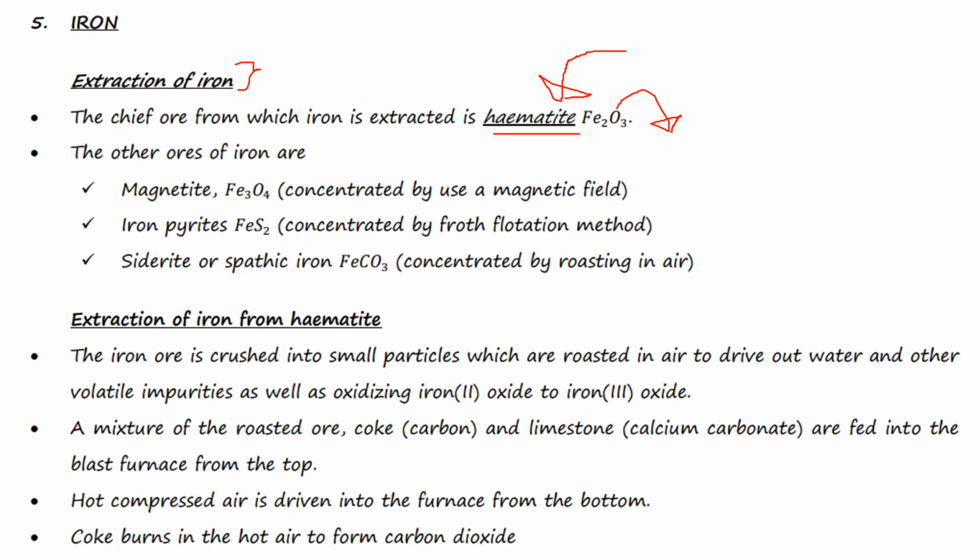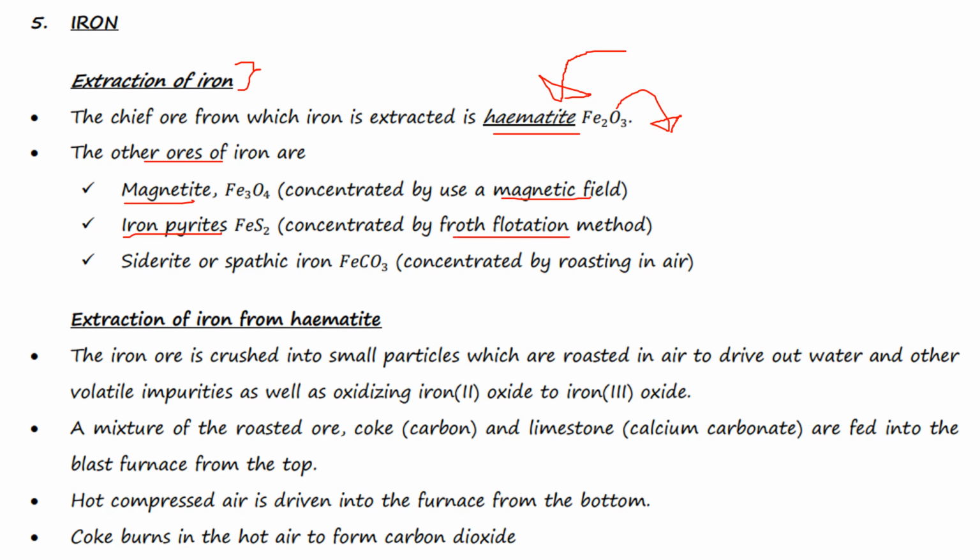Now, it's not only from hematite that we extract iron, we also extract iron from other ores. And these ores include magnetite, which is the same as tri-iron tetraoxide, and we can concentrate this using a magnetic field. Now remember that it's only the concentration process that's going to vary over these ores, but the other procedures are going to remain the same. The other ore is going to be iron pyrites. Now iron pyrites is the same as iron 2 sulfide or iron 4 sulfide, and this can be concentrated by